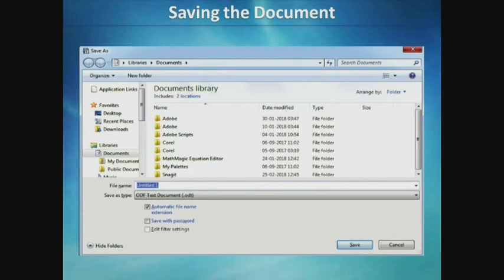This picture displays the Save As dialog box. This dialog box will open when we select the Save option from the File menu or the Save As option from the File menu, and also Ctrl S from the keyboard. From this dialog box only we will choose the location where we want to save the document, the name of the document, and also what type of file format we are going to save the document. The default file format is ODT. It is the extension of OpenOffice Writer document.